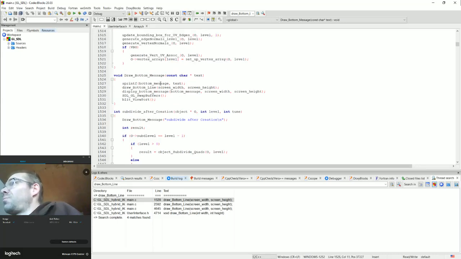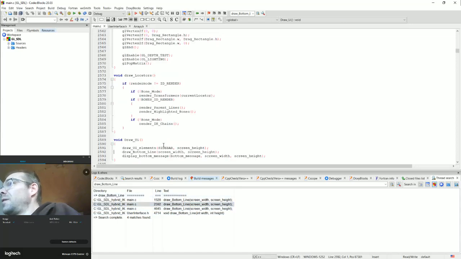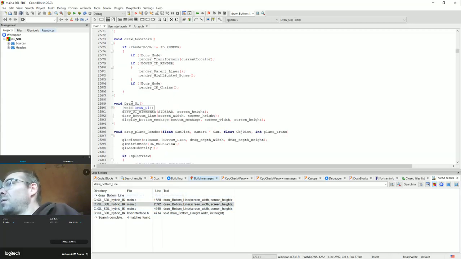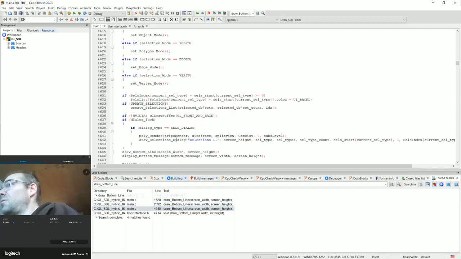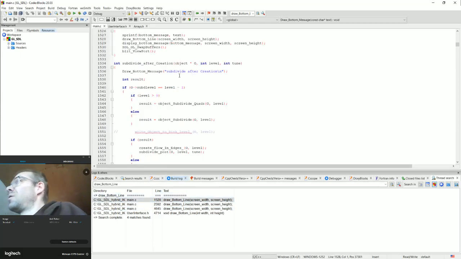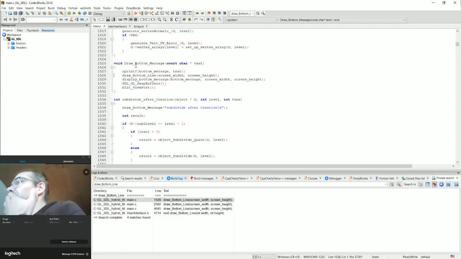This is draw bottom message. And whenever else it's called draw UI, draw bottom line, draw bottom message, draw bottom line, draw bottom message, and the draw bottom message was